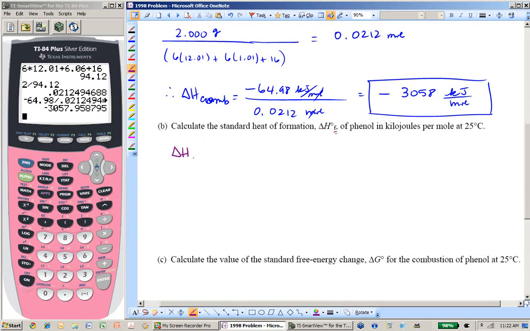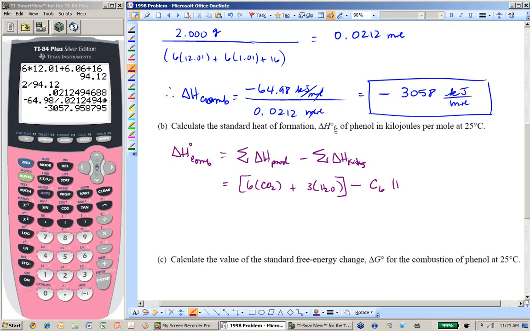delta H combustion is equal to the sum of the delta H of the products minus the sum of the delta H of the reactants. So what does that translate into? Looking at the top of the page at that balanced equation, that's going to be 6 times CO2's value plus 3 times water's value, again from the balanced equation they gave you, minus what we seek, which is the C6H5OH value, plus 7 times oxygen's,